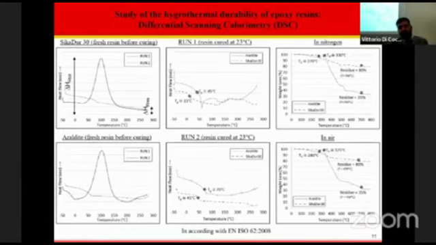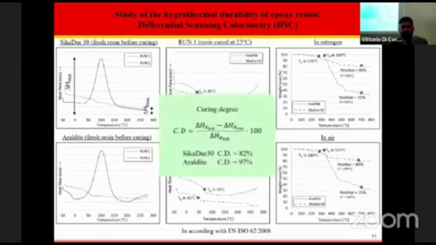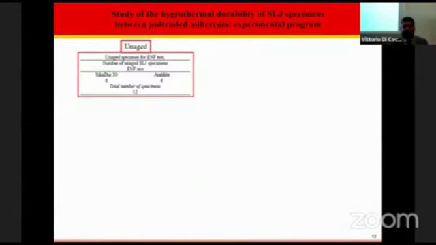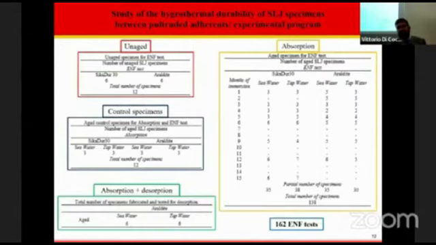So that one of Araldite is 70, which is quite similar to the highest possible. The curing degree of this resin, according to this room temperature curing, is 82% for Sikadur 30 and 97% for Araldite. We have performed a huge experimental program in order to evaluate the behavior of adhesive in contact with seawater